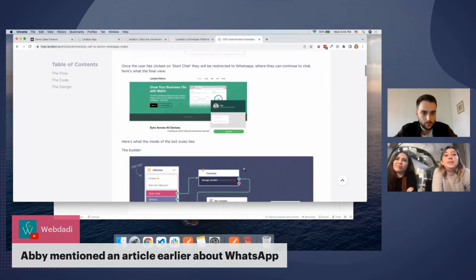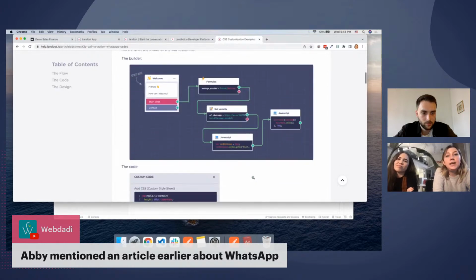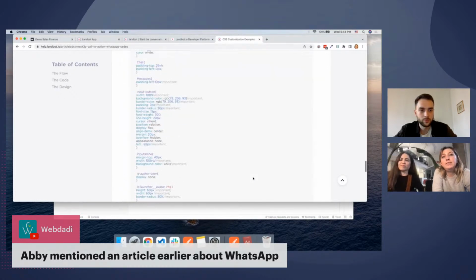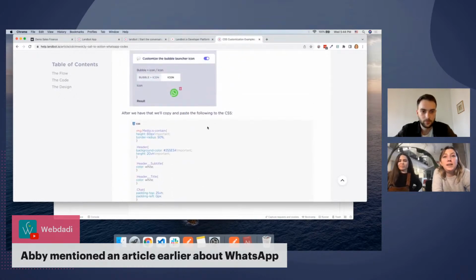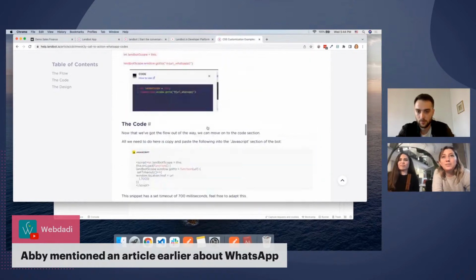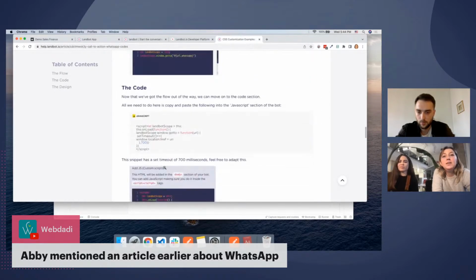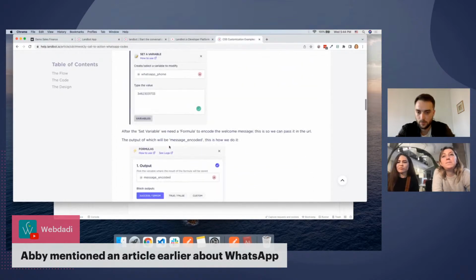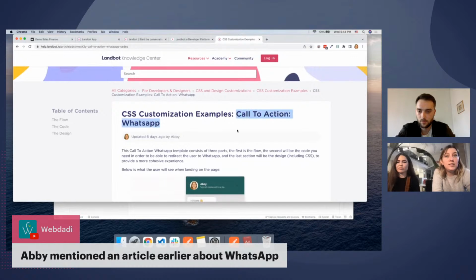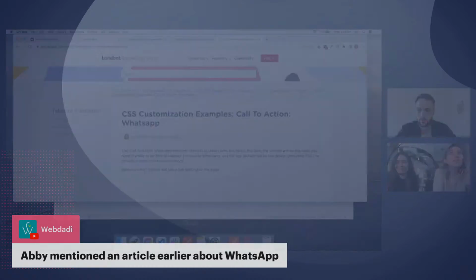You'll see the entire example, exactly what to put. The CSS, you just copy it, you can see it's a lot. And then the JavaScript as well, it explains where to put it and what it does. So in the help docs, if you just type in call to action WhatsApp, you'll see it right away. Thanks for the question.